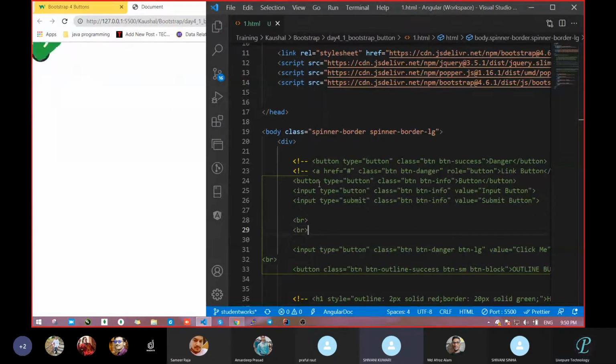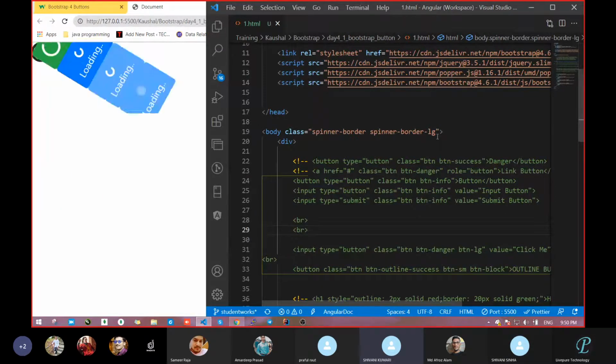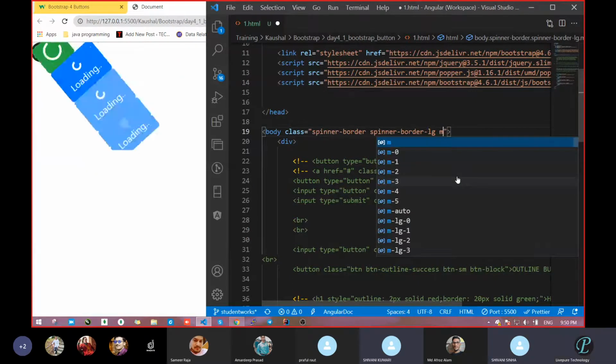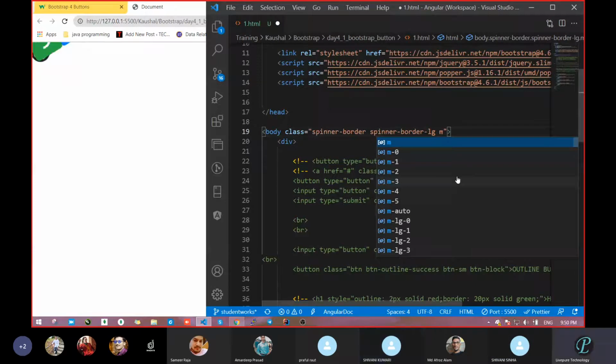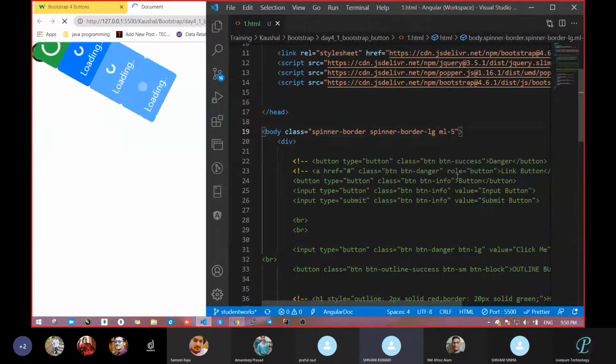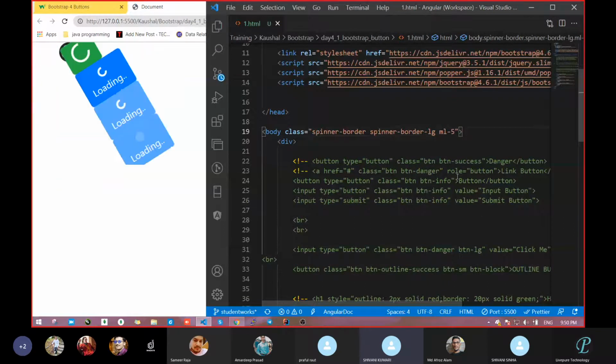Tell me how we will move that section in the body, means to the center. Sir, we use margin left in the class. No, say where? Line number 19. Okay. Sir, I have one doubt. Apart from margin, if we use text align center, will it work or not, sir?